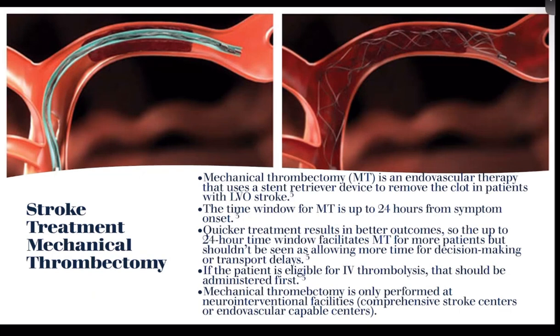We're talking at least 12 years of training, or 8 years of training after medical school. So, 12 years with medical school, very specialized doctor. And so there's not a lot of these doctors because of that reason. They're so specialized. But what this is called is mechanical thrombectomy, an endovascular therapy that uses a stent retriever device to remove the clot in patients with a large vessel occlusion stroke. Now, because of the DAWN trial that came out in 2019, the time window for mechanical thrombectomy is